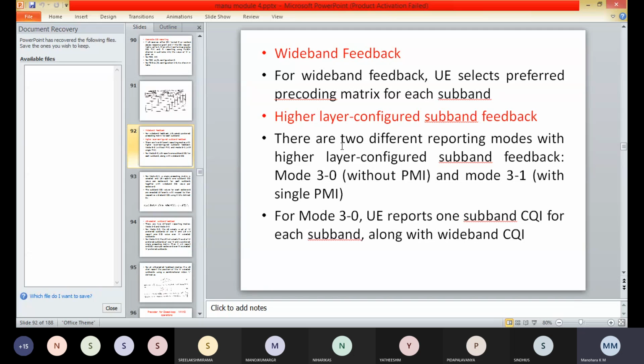Modes 2-0 and 3-0 are for single antenna port transmission and open loop MIMO modes, while mode 3-1 with a single PMI, and modes 1-2 and 2-2 with multiple PMI, are for the closed loop MIMO modes.